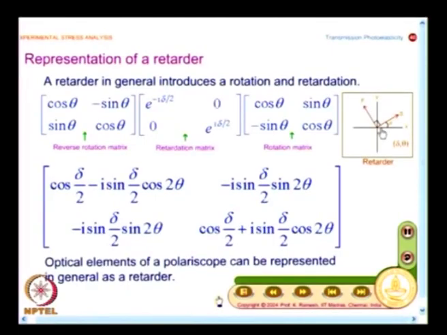See, you should know the procedure, you should also know what are the approximations involved. You should not conclude that you have taken a model of 6 millimeter thickness and put a diametral disc compression, and you have analyzed it. We have analyzed it because it is a 2-dimensional model and thickness is also sufficiently small, and because of the way I apply the stresses, principal stress direction remaining constant is a reasonable approximation over the thickness. Only then is interpretation possible, because what is the interpretation that we finally come to? We essentially find out what is the slow and fast axis, and this axis should remain constant over the thickness